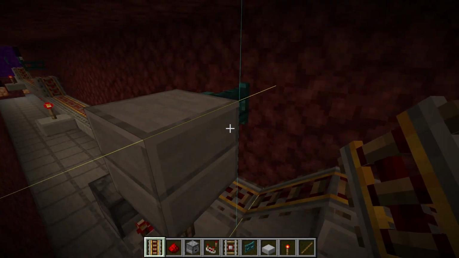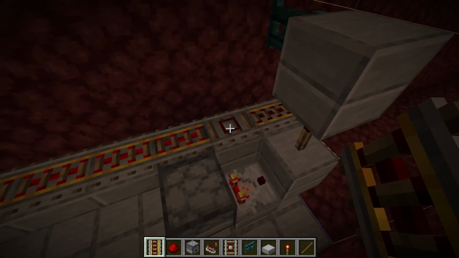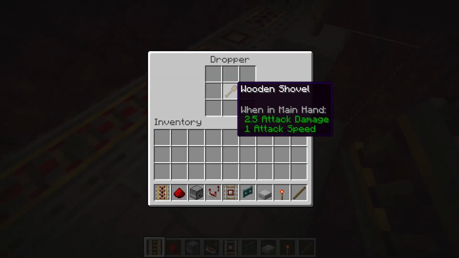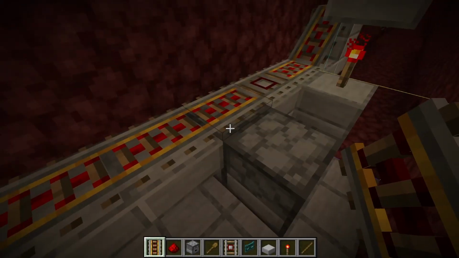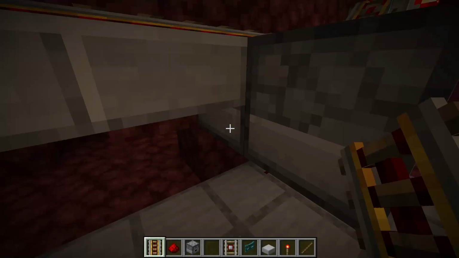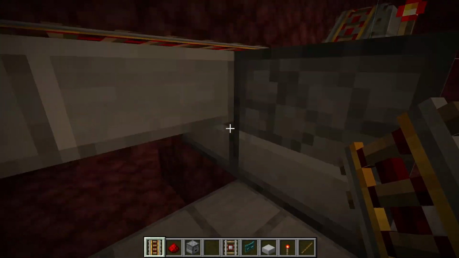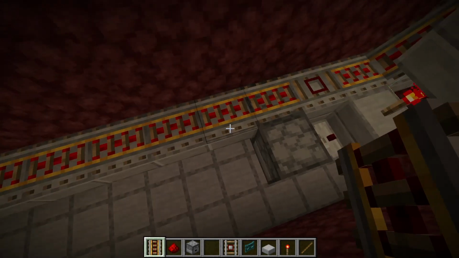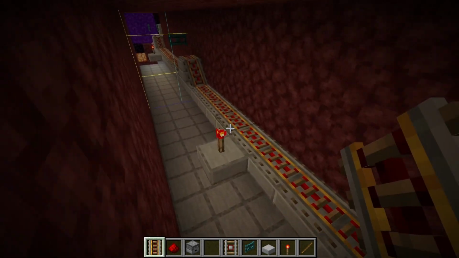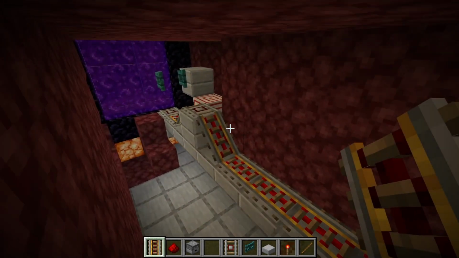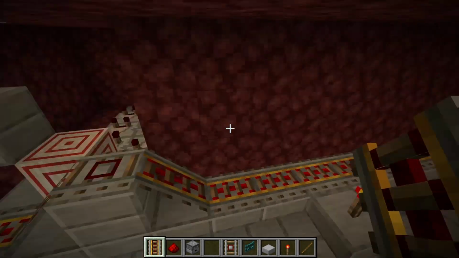Minecart's going to pause here while the gate's shut, which it will be if that is triggered, and it won't be triggered until the item comes back off this one and moves the item back over here, in which case the gate is open. I'm just going to leave it in the open position for now. But the next thing we need to do is make it so that when it's released from this one, so when it gets out of this chunk,